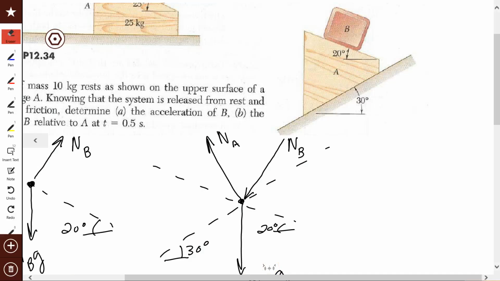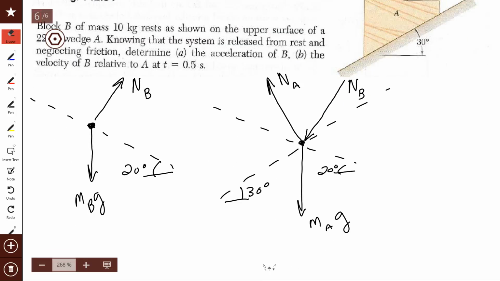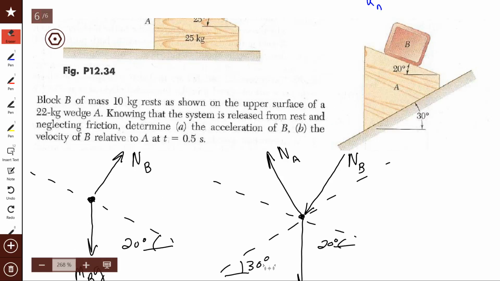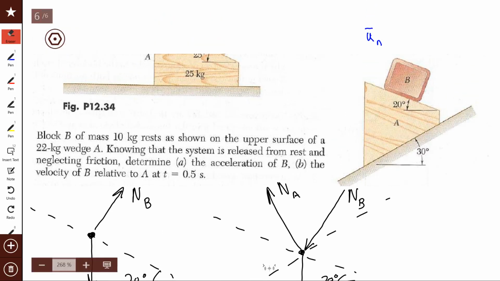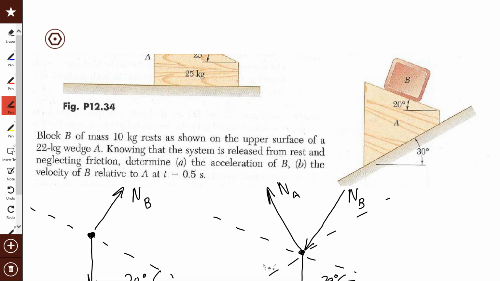Okay, I'm going to try and finish this one that I did in class as well. I have free body diagrams of the two blocks. B is on the left and A is on the right. The next thing I need to do is to find the accelerations of these, and what I'm going to show is using relative positions, relative accelerations, and I'm going to use